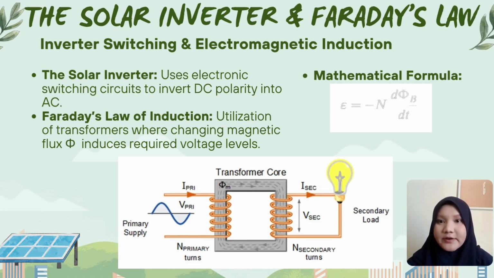To convert the current, we use a solar inverter, which contains high-speed electronic switching circuits to reverse the DC polarity into AC. Within this conditioning system, we apply Faraday's law of induction. By passing the alternating current through the transformer windings, we create a changing magnetic flux. As shown in the formula, this induction dynamics alters the voltage amplitude to perfectly and safely match our household grid